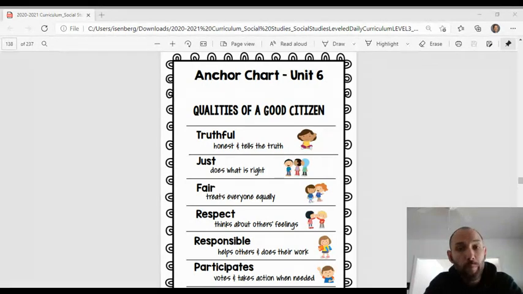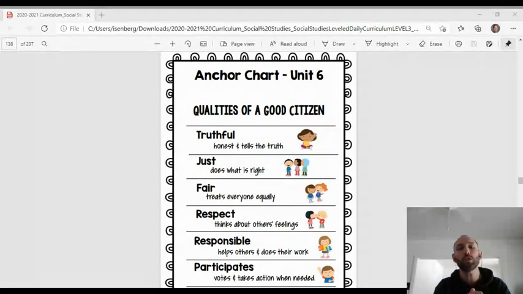So, how do we become a good person or be a good citizen? We do these six basic things. And I say they're basic because we all can do them. It's whether or not we choose to that oftentimes is what is difficult. So, let's take a look at these qualities. They haven't changed from last week, so we should be familiar.